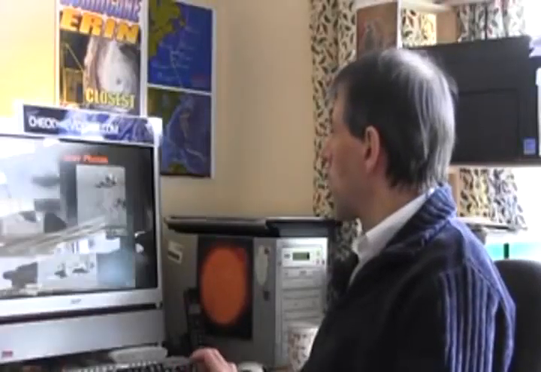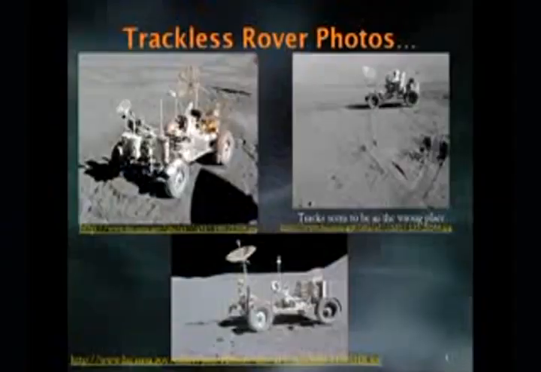What do you want to talk about next, Andrew? Well, again, one of the other things which isn't discussed that much on the web is the pictures of the lunar rover. There are some interesting things about the lunar rover. As you may be aware, the lunar rover was only taken up to the moon, according to the official story, on the later missions. I think Apollo 16 was the first mission where they